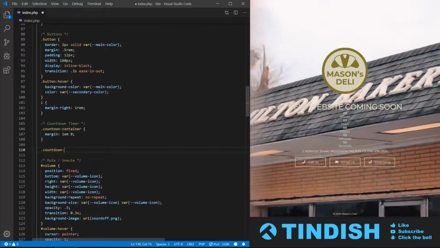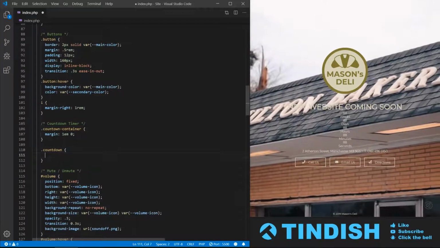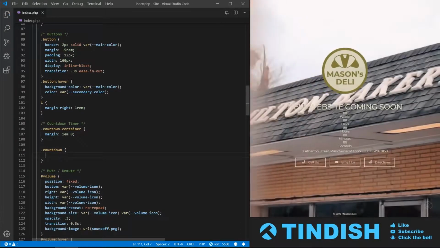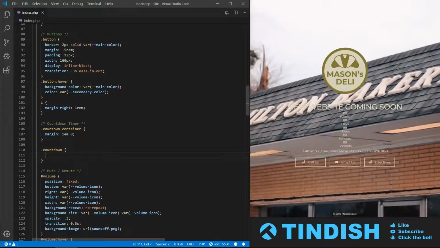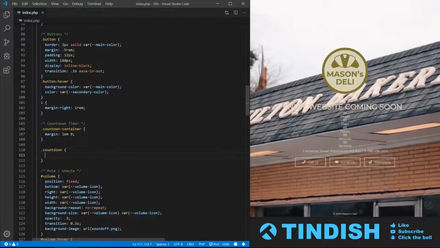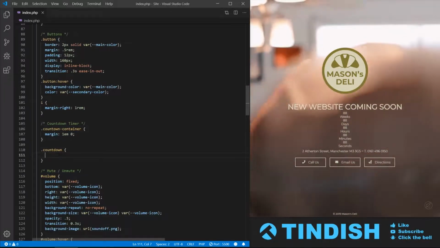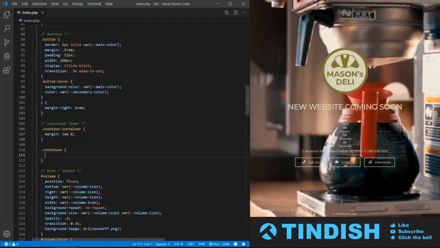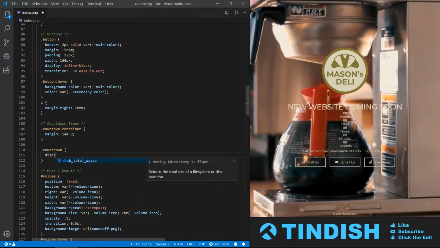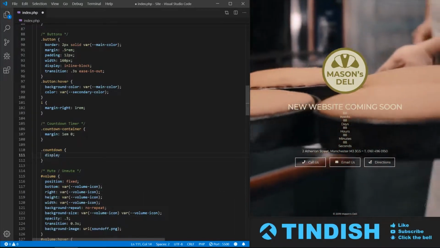Sorry, it was just called countdown, wasn't it? Now we've got 5 countdown elements here, 1, 2, 3, 4, 5, and they're all called countdown. So any CSS code that we put in here will relate to all of those. So the first thing we want to do, because they're all in a row, which isn't how we want it at all,